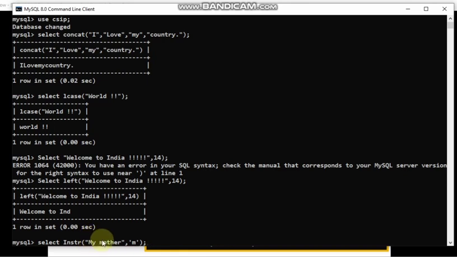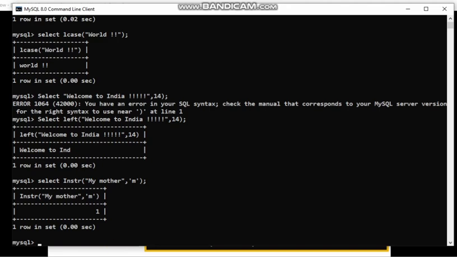It is coming here also. And since this is not case sensitive, it will consider this only. So it will start checking from the left hand side where it is coming first. Wherever it is coming, it will return you that particular index number. So 1 is the output. Hope you have got this.